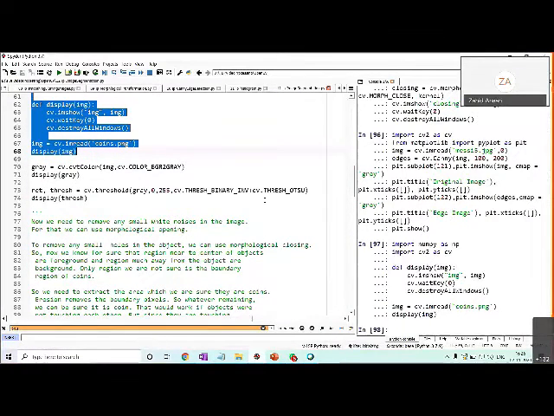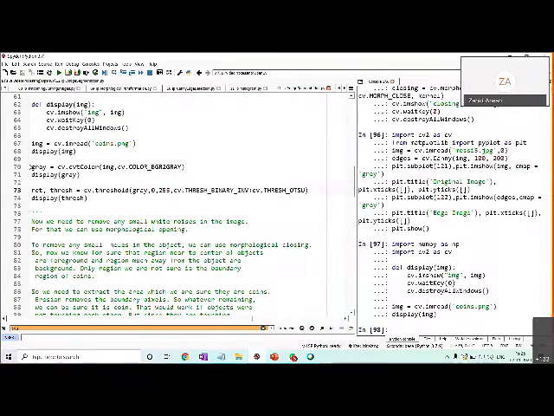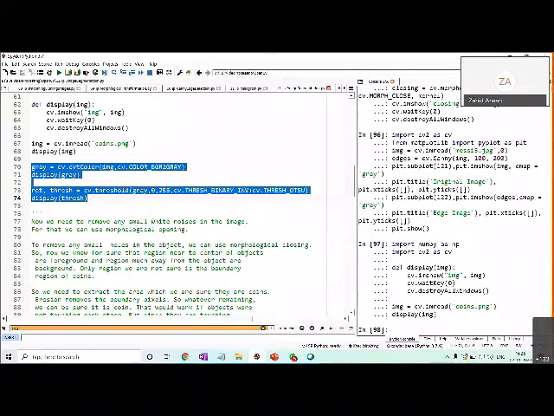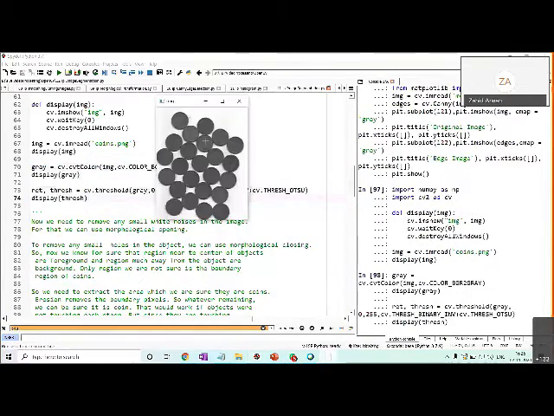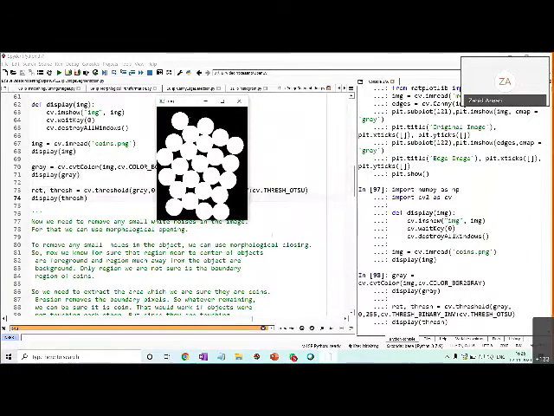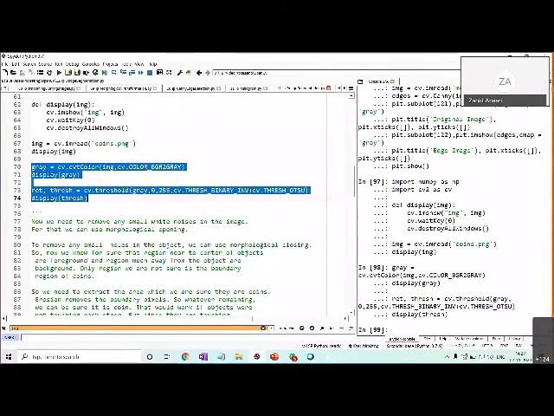So two things we are doing over here: first, we converted it to gray, and after that, we applied this Otsu thresholding. So we are getting the approximation of the coins over here. Okay, so far good.